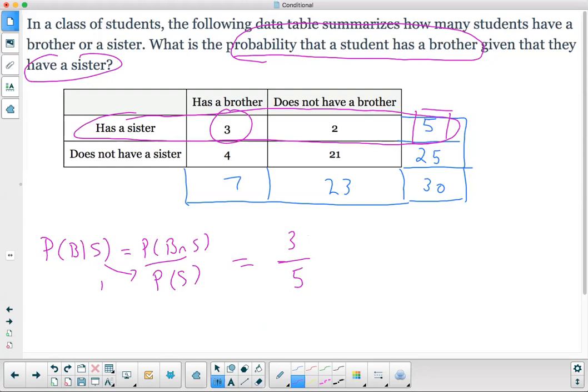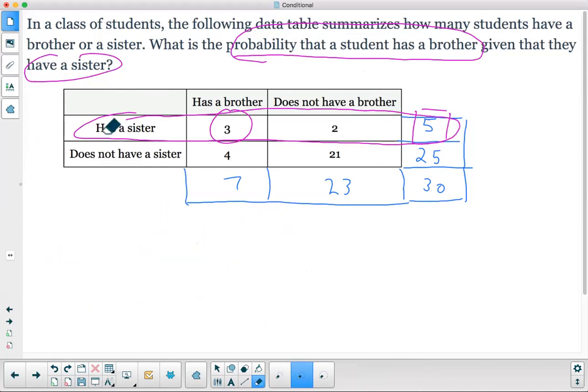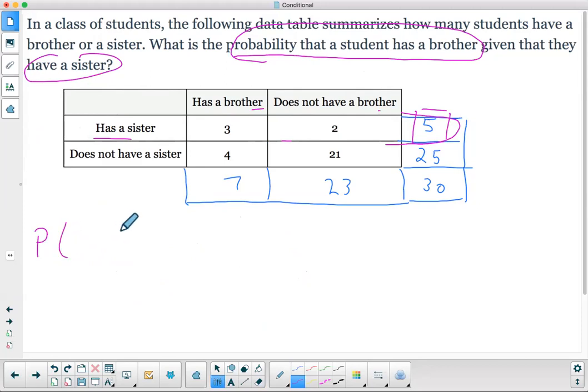I'm going to do another example using this table. Why let a good table go to waste? Let's say that we want to know the probability of, let's see,